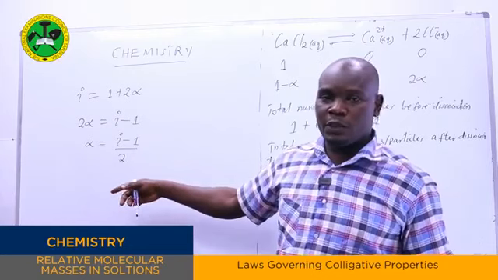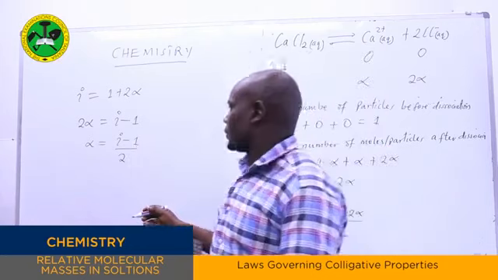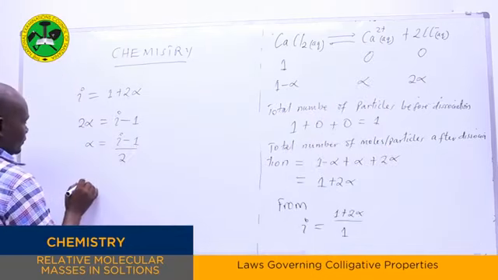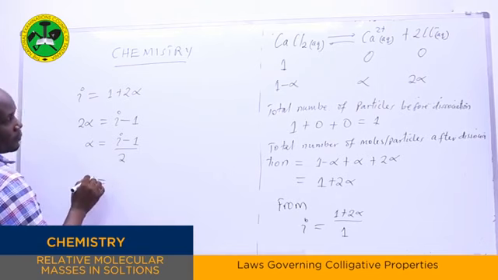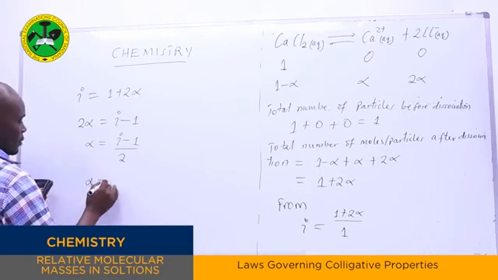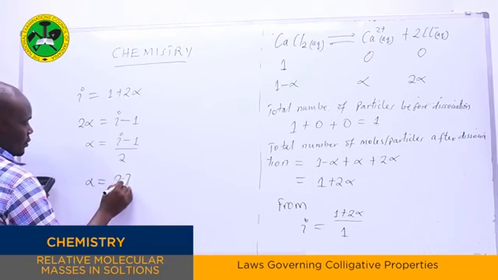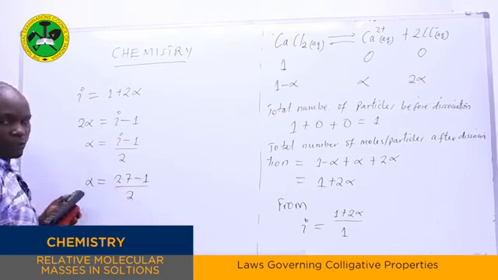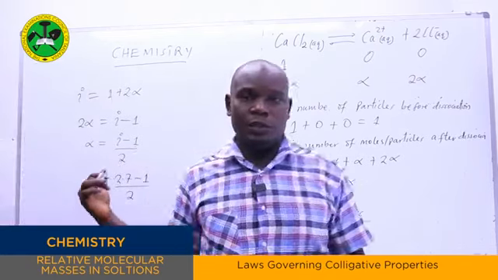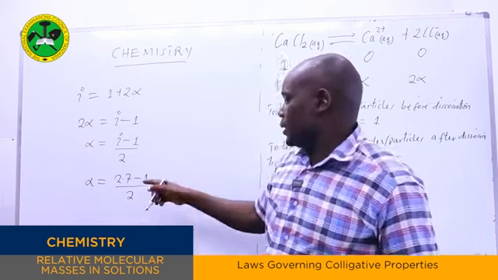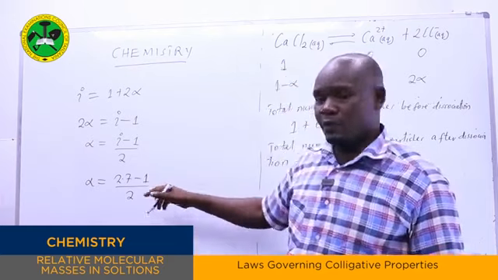Now, since we have got the Van 't Hoff's factor, if we substitute the data into our equation, 2.7 minus 1, then divide by 2,